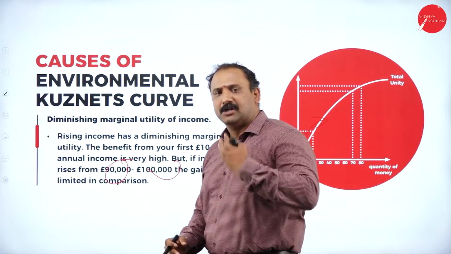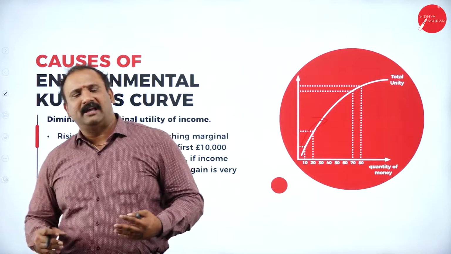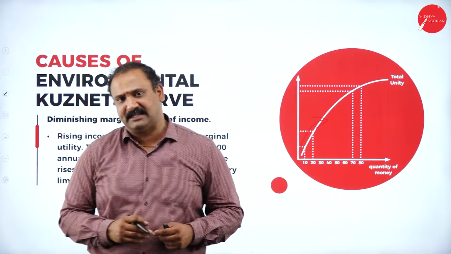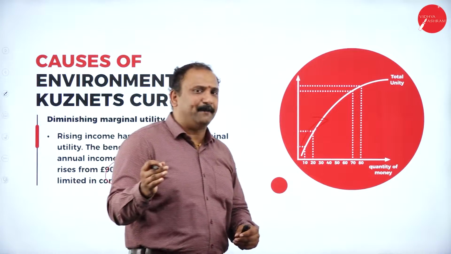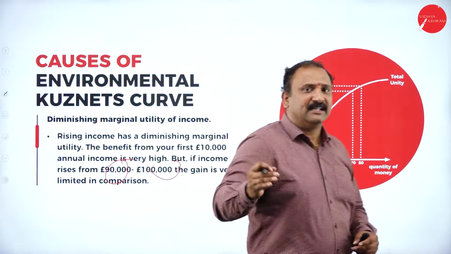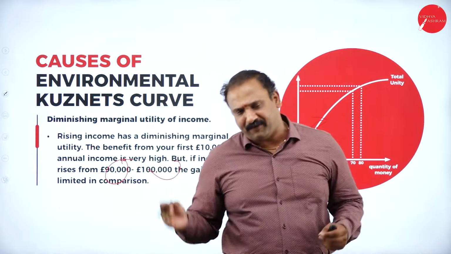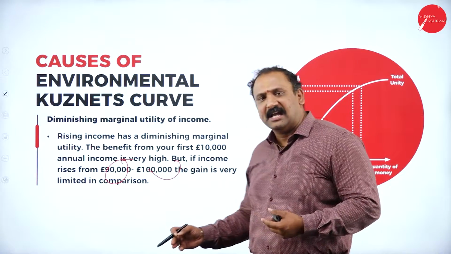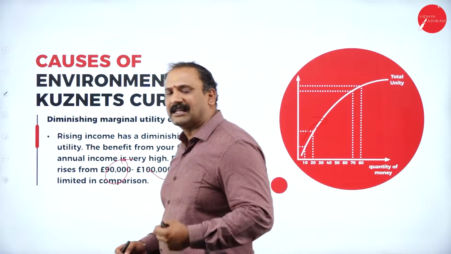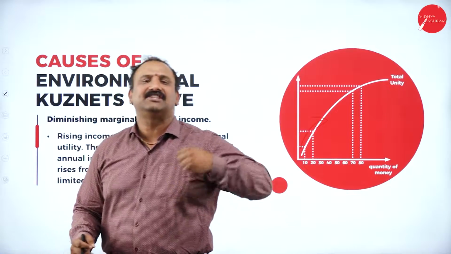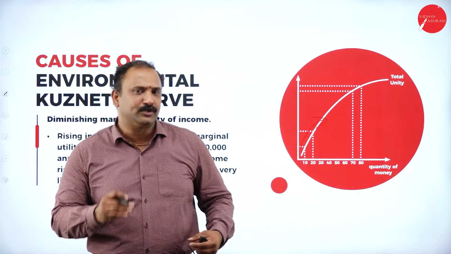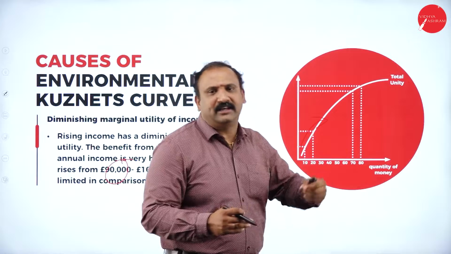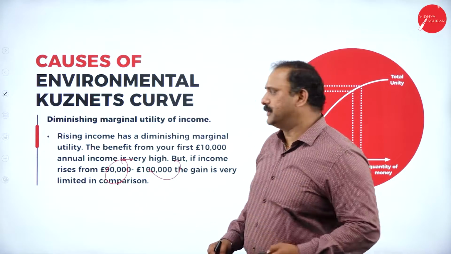You are going to buy things, you are going to spend on it, and you are going to make your life even more luxurious and comfortable as far as possible. But beyond a point, once you have achieved a level of satisfaction, once you have felt that yes, enough is enough, even though the income keeps rising, the marginal utility will decline. You don't see an extra gain out of it. So you slowly start coming down the curve in terms of marginal utility.